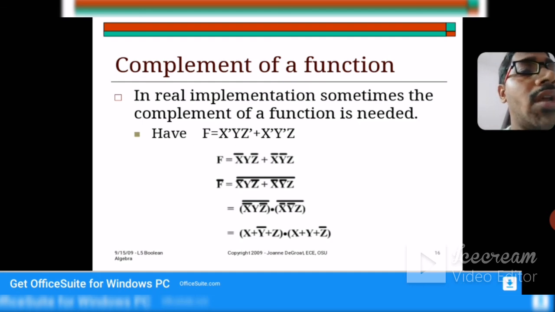Again, according to De Morgan's law, the AND should be exchanged with the plus operator. So in between them I have put a plus operator. Then in case of the second term, complement of x bar is equal to x, the AND operator is exchanged with plus, so we have put plus in between them, and then complement of y bar is equal to y, and we have put a plus symbol in between them, and the complement of z is equal to z complement. Hence this is the answer. So we have found the complement of the function by using De Morgan's law. This is all about Boolean algebra and its simplifications.